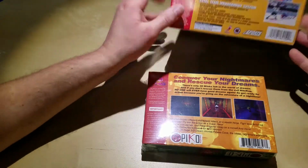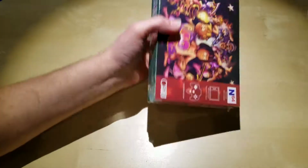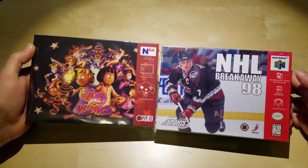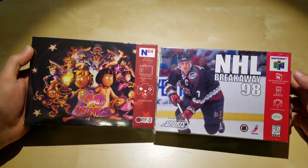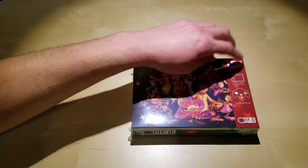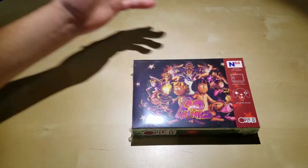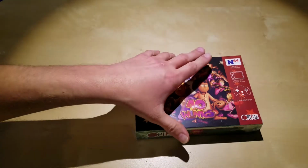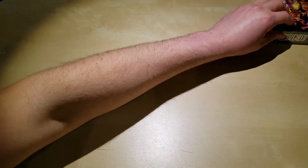I know it's a little thing, but other than the shade of red, they look pretty close. I mean, if I didn't have a side-by-side comparison, other than the N64 logo that they have on the 40 Winks, nothing else would really stand out. So, I think it's really good. Well done. Alright, next we have, this was a little controversial, but the plush,